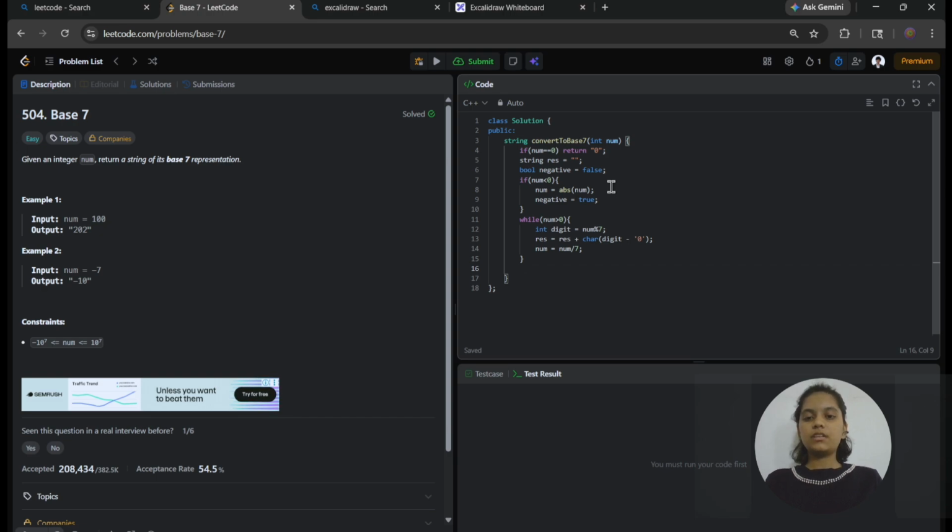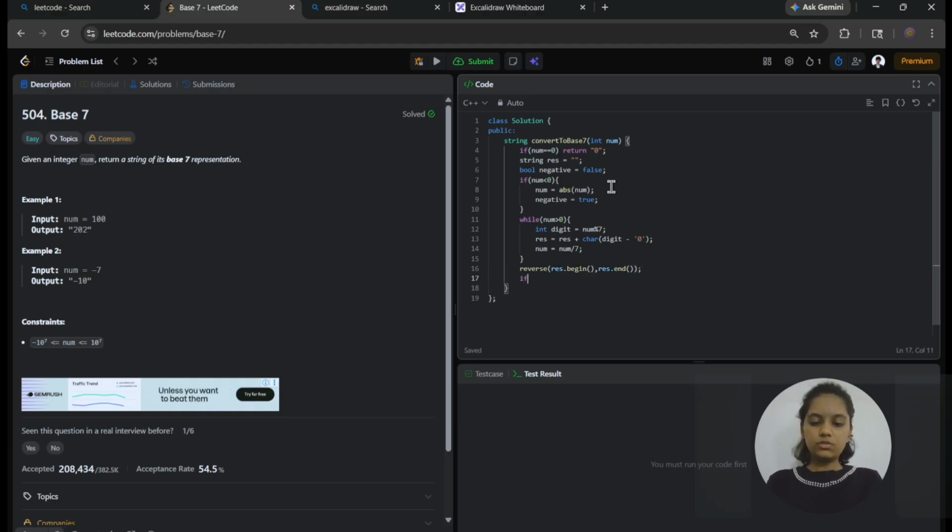So I have to take the number 3 for the further while loop. Here I have to reverse the string which I have got. So res dot begin, I have to give one position here, and after that res dot end.